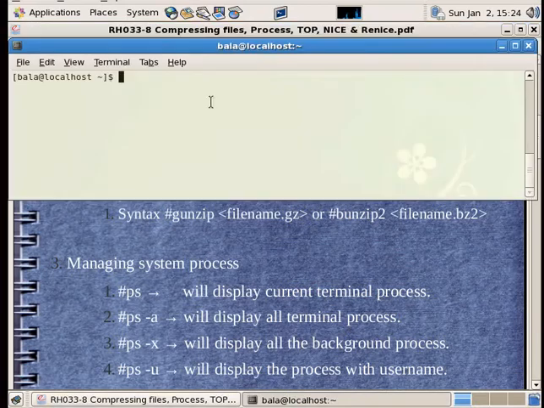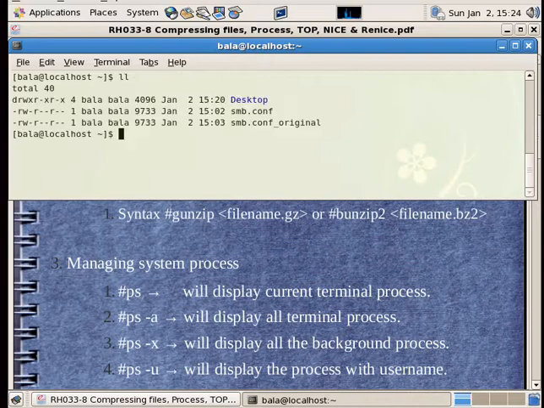Alright, so what I did is I copied this smb.conf file from the etc directory. The command I used for that is cp /etc/samba/smb.conf to the current directory, kept a dot and hit enter. So that smb.conf came over to my current directory. After that I renamed this particular file and made it into another file called original.